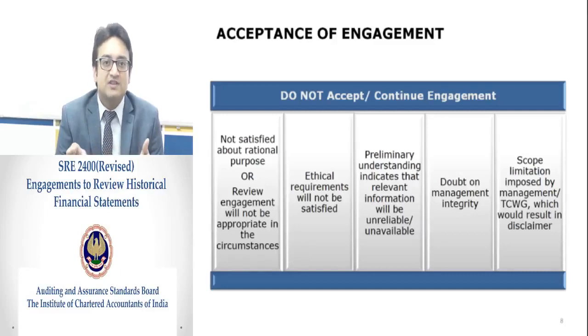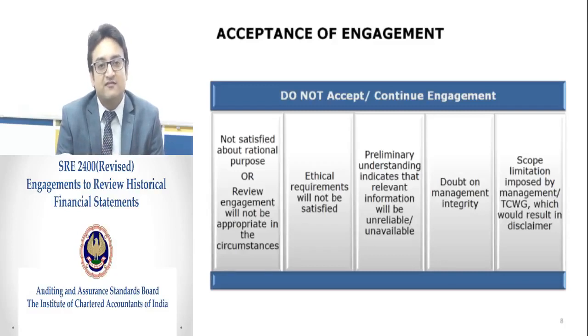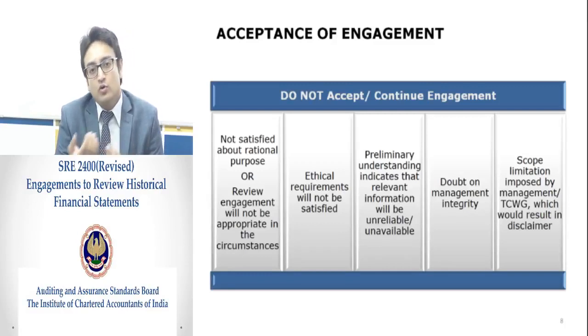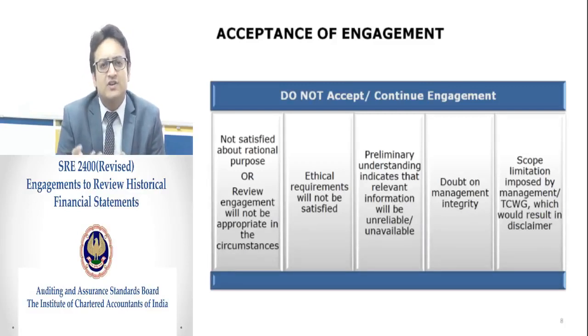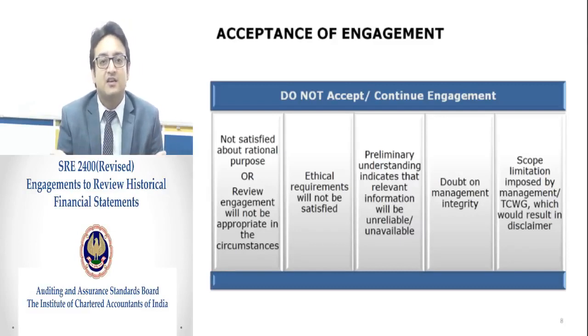So what are the assignments that come under the ambit of this standard? Say, for example, there is an entity that is required to perform a review of historical financial statements, maybe for the purposes of raising funds. It is of the opinion that it won't go to its statutory auditor, or it is not required to go to its statutory auditor by any capitalist or venture capitalist who is trying to invest funds in it.